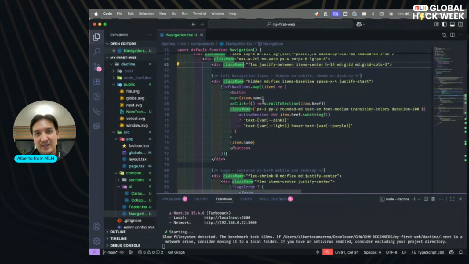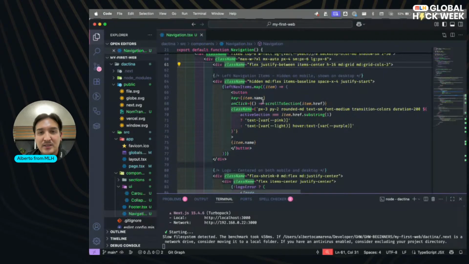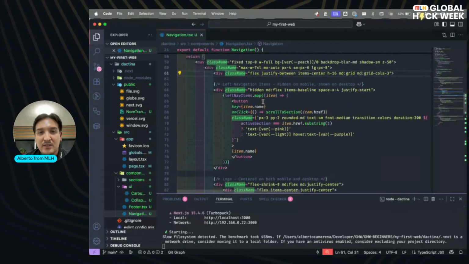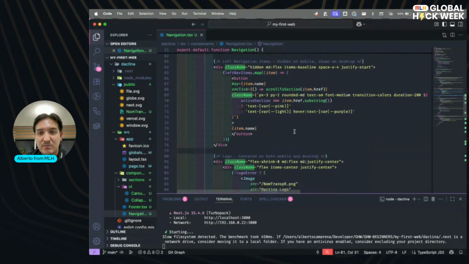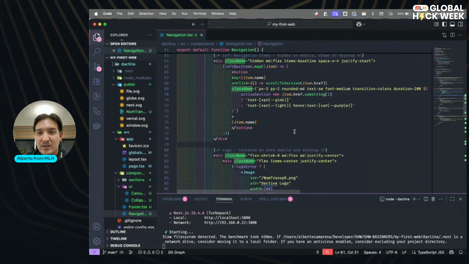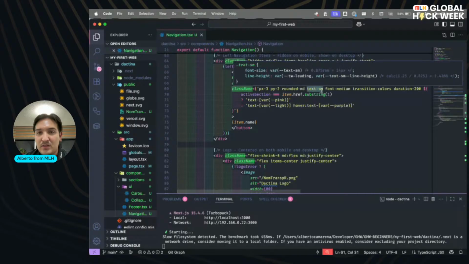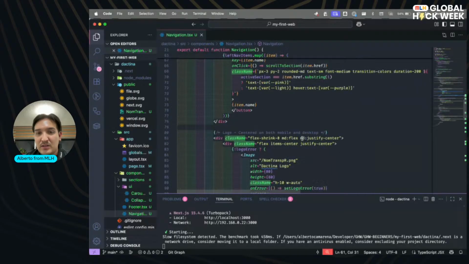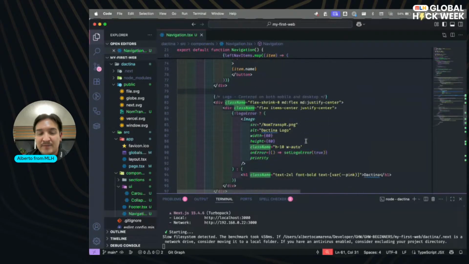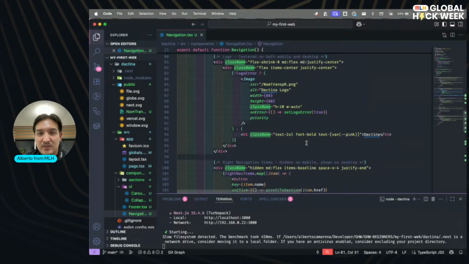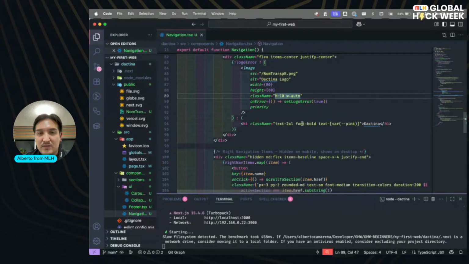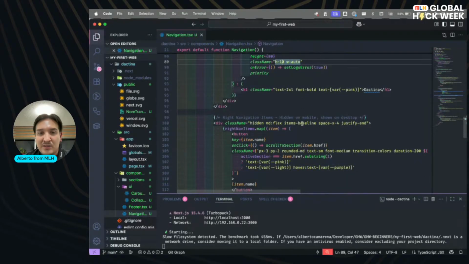Left navigation items as hidden, flex, baseline, justified. This is padding, rounded small, flex stream. Okay.